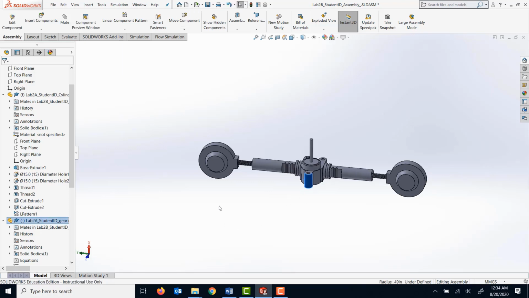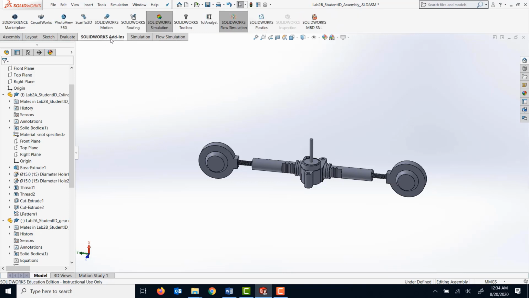And now I will move on to the motion simulation. So in SolidWorks, as you have for your lab 1, you have been introduced to the motion tools which are available in SolidWorks. In this study, we will do a little bit more than what we did in lab 1. So first thing first, to bring in the add-in, click on the SolidWorks add-in tab, and from there